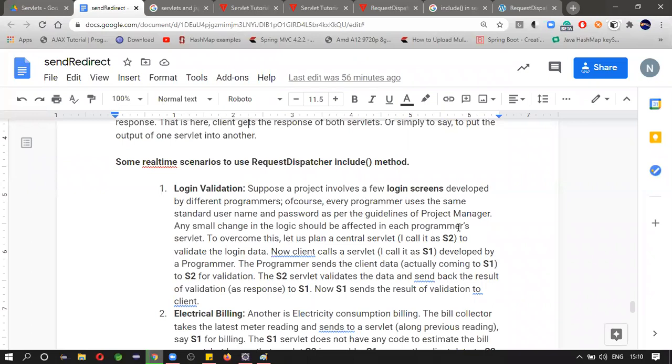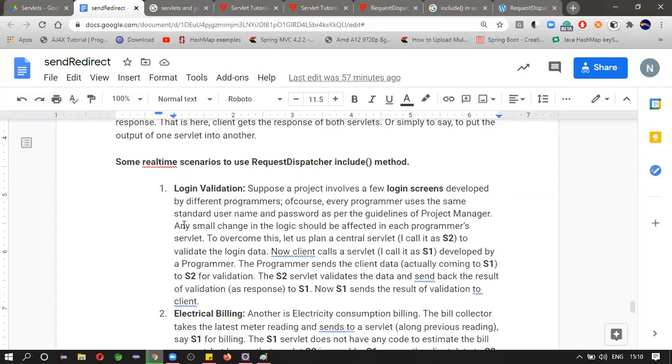Once you have developed a project, it is not possible to change the code of the existing project because it is already deployed on the client side. So you cannot do it just like that. It may take a lot of effort, a lot of time, a lot of resources. Even after deploying once, it is not easy; it is not possible to hold the application. Can you hold the bank application for 2-3 days? No, you cannot.